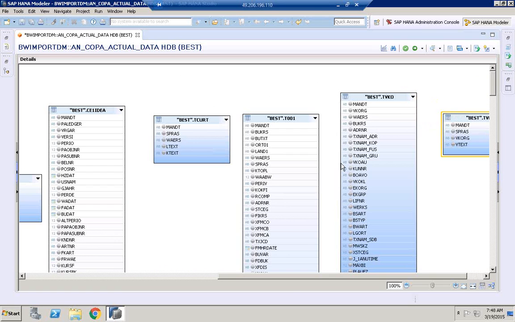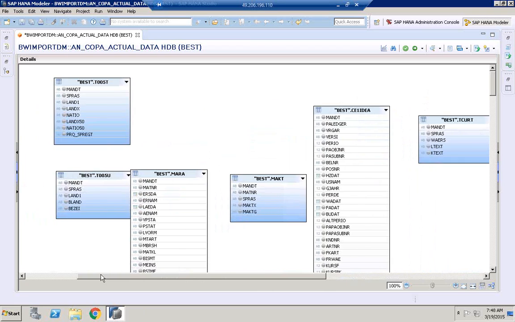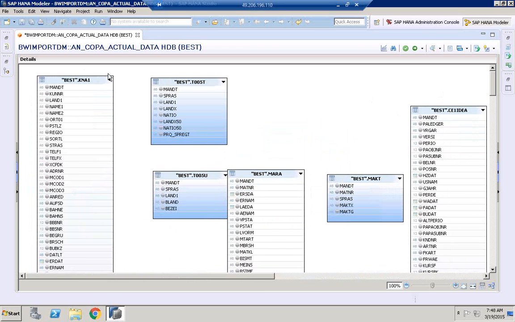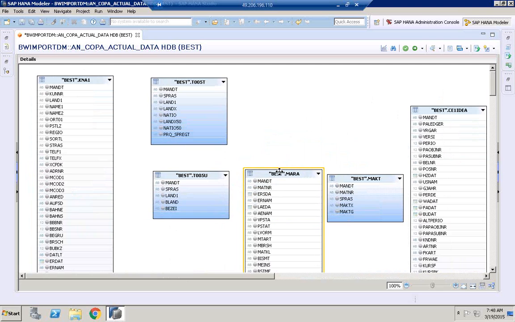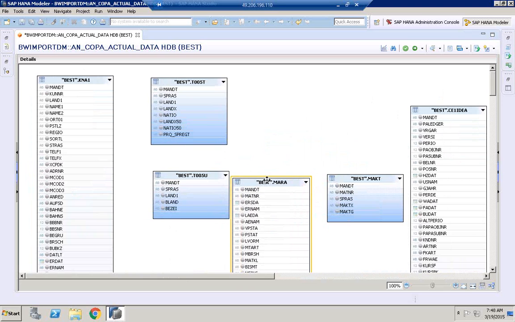Okay, so let us start from the left side. Now we know all these tables are column tables. All these tables are from the best schema. So the same relationships I'm going to define here. LAND1 to LAND1, LAND1 of KNA1 to LAND1 of T005U, REGIO of KNA1 to BLAND of